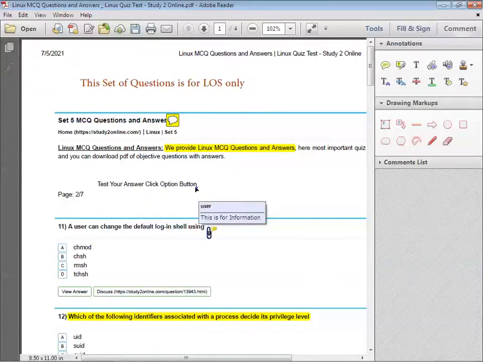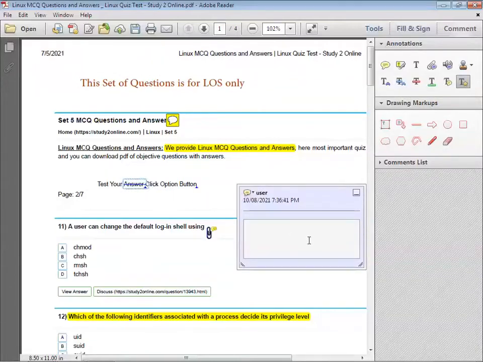Next one is the strike through, along with that we are going to replace this particular data. Just like this is your answer. We are going to replace this answer with this. So we have to select this. Second is add note to replace. We are going to set the question on LOS.